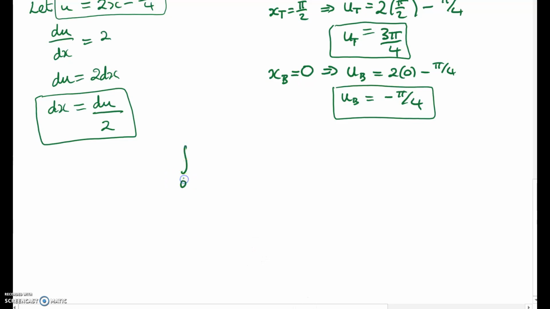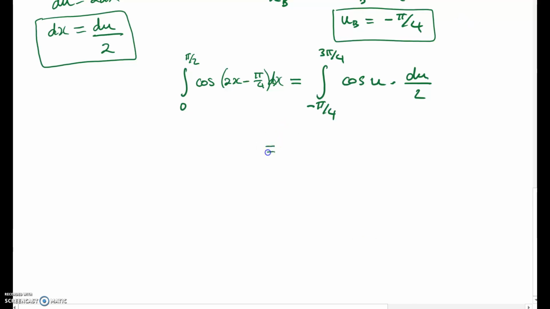We had the integral from 0 to pi over 2 of cosine of 2x minus pi over 4 dx, which is equal to the integral from minus pi over 4 to 3 pi over 4 of cosine of u by du over 2,